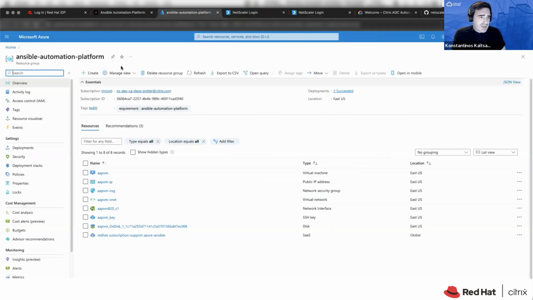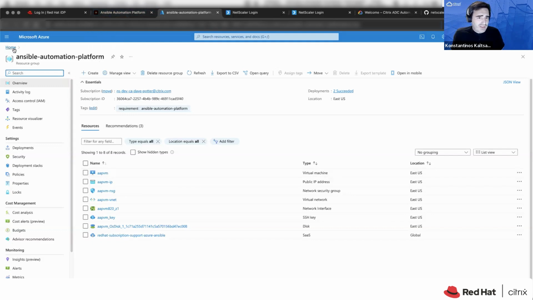Having said that, some additional things concerning our infrastructure. I have created a resource group on Azure where I have deployed the Ansible automation platform as a single VM. And this is how I can get access to this.